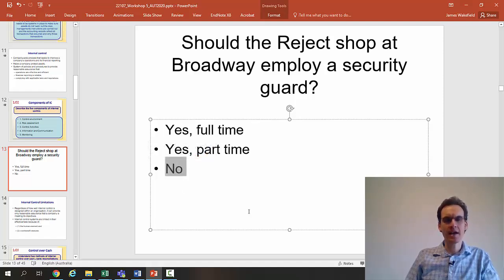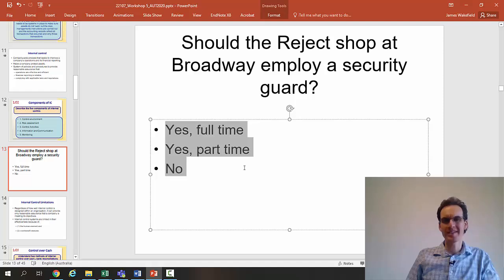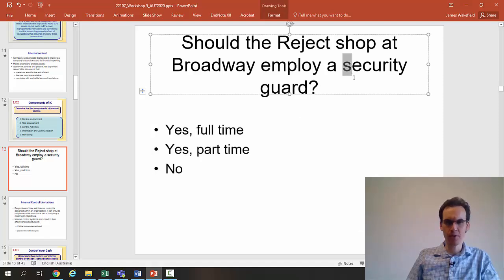Now, if you perceive that the risk that inventory is stolen is extremely low in this case, then of course you would have indicated no. And if you perceive that there are particular times of the day or times in the week in which the risk of inventory being stolen is higher, then you may have said that it's relevant to employ a security guard part-time to deal with the higher risk of inventory being lost at these times of the day or week. So is there a best answer here? Well, no, it depends, as I said, on your perception of risk. And therefore, that perception of risk is going to drive the types of controls, including employing a security guard, to